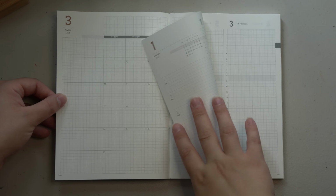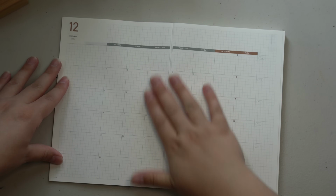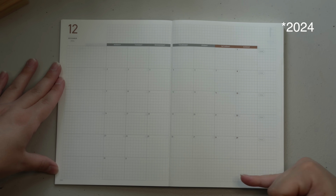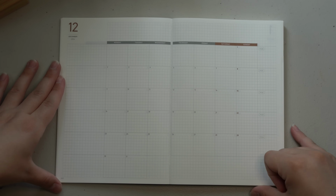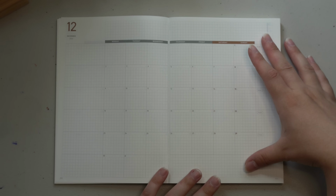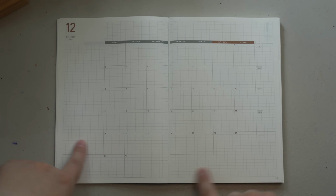And then after that, you move on into your weeklies. But I want to zoom in on the monthlies really quick. So we're just going to use December of 2023 as an example because it was a 6-week month, and I think that's a really good way to look at this because it's using up most of the space on the page. So one of the things that really intrigued me about the monthlies is that you have so much space